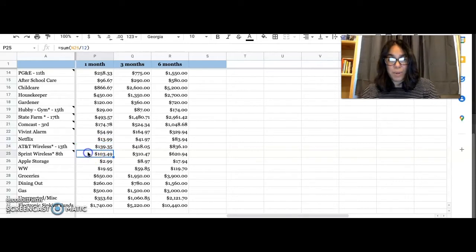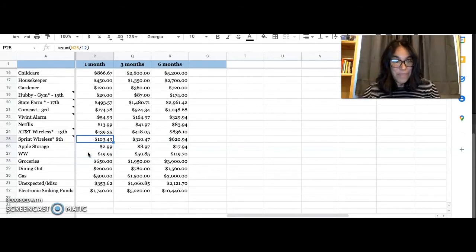AT&T Wireless and Sprint Wireless, I know I get this question a lot. Why aren't we on the same provider? We like different things from our provider, so we've chosen to stay separate. And then Apple Storage, I actually have to increase this, so this might go up just a little. My Weight Watchers, groceries, this is on average,